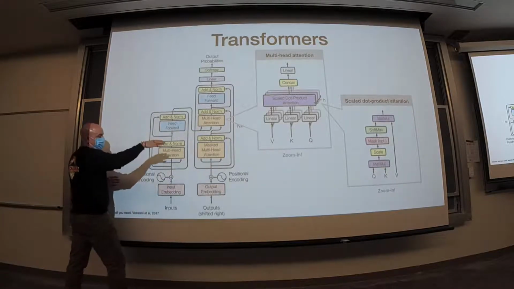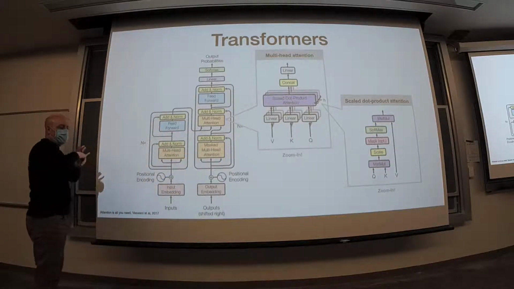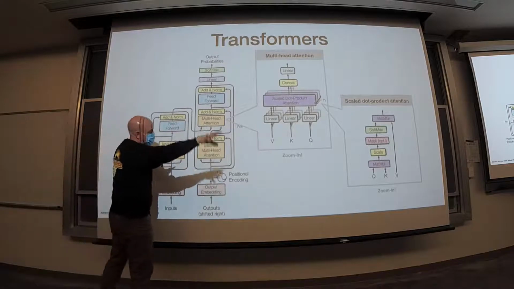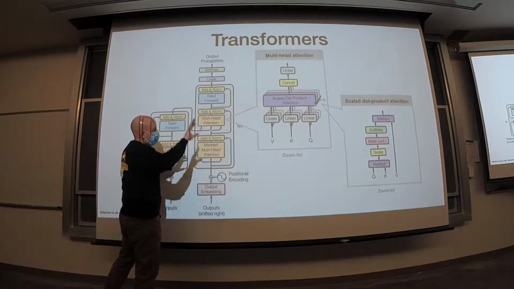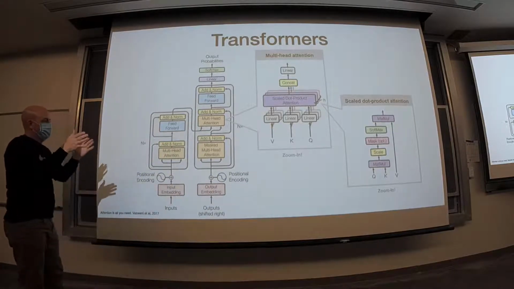Actually, I added slides to illustrate that masking, so that when we do the decoding, if we're in a language that reads from left to right, we're not looking at any tokens to the right of the position in the sentence that we're trying to